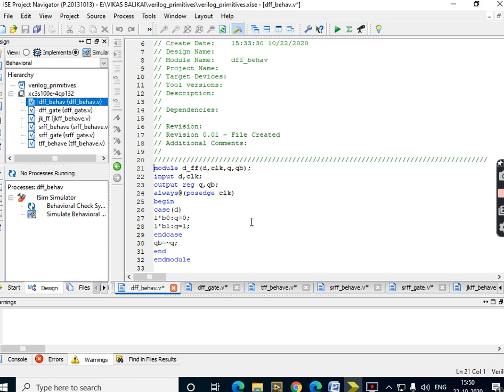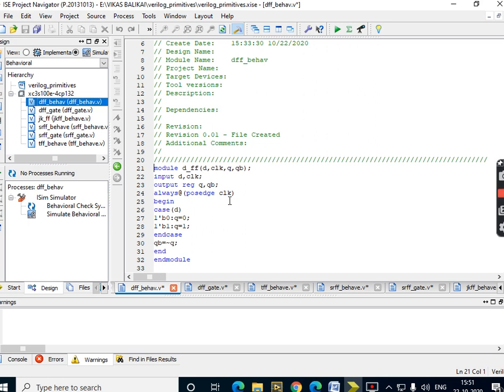Now always is one of the important statements which we use in behavioral modeling. It means I want to do this forever. Always, at which condition? Positive edge of the clock. So always when the clock rises from 0 to 1, which we call the positive edge, this particular program should start executing. The meaning of always is that for every positive edge, the change has to occur. If no positive edge occurs, then this piece of code will not get executed. That is the meaning of this always statement. So always at positive edge of clock.